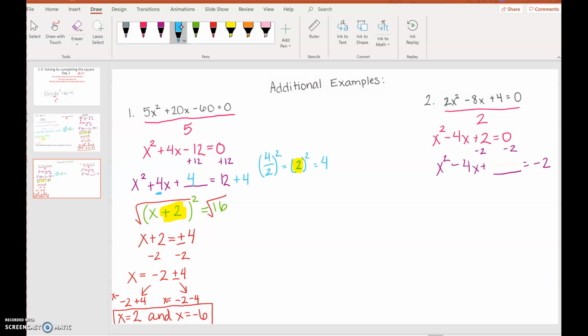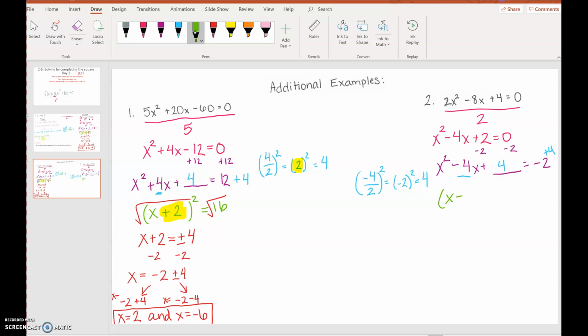So now we take our b value and we divide it by 2, so -4 divided by 2. Then we're going to square it. So now we have -4 divided by 2 would be -2. Square it, and that's 4. So we're going to add 4 here, and we're going to add 4 here. Now we factor this side, and we simplify that side. So we're going to have x